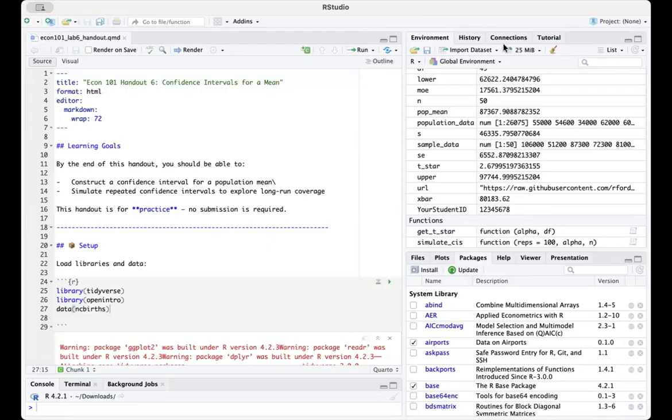For the Lab 6 handout, today we are going to cover one of the most fundamental concepts in statistics, confidence intervals for a population mean. Our goal today is twofold. The first one is to construct a confidence interval for a population mean, and second, simulate repeated confidence intervals to